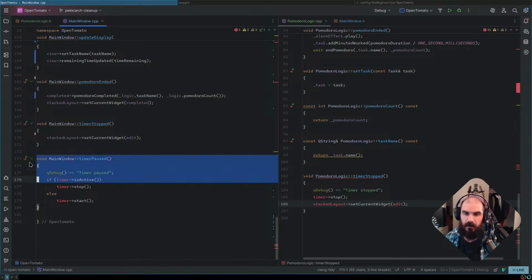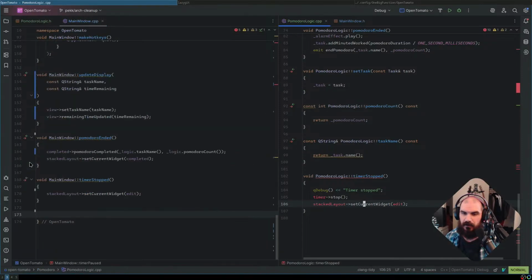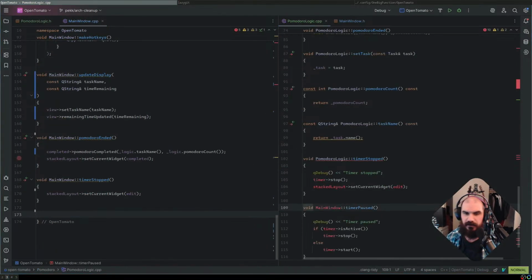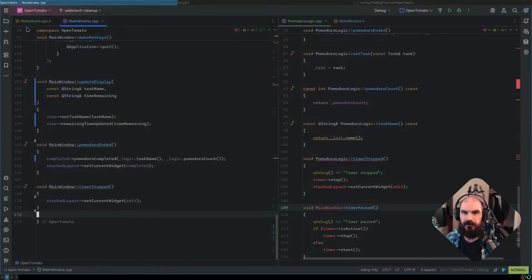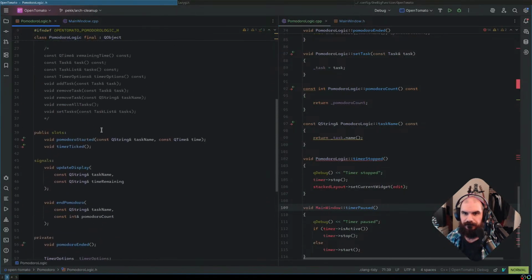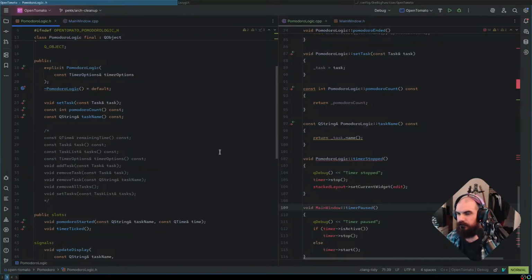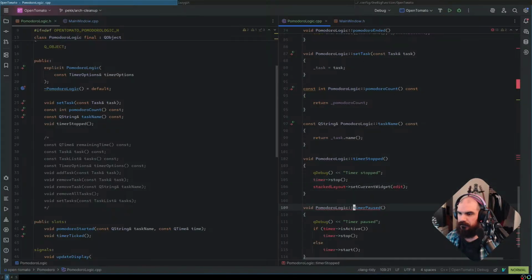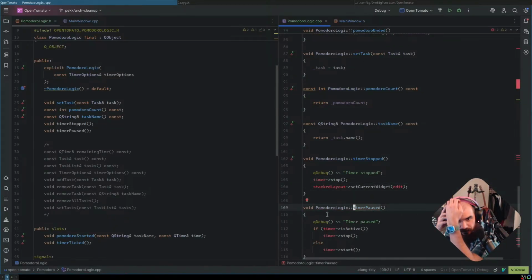There's no specific code here for UI, so this can just come here and get totally deleted from here. Probably can add it. Create declaration. Create declaration.